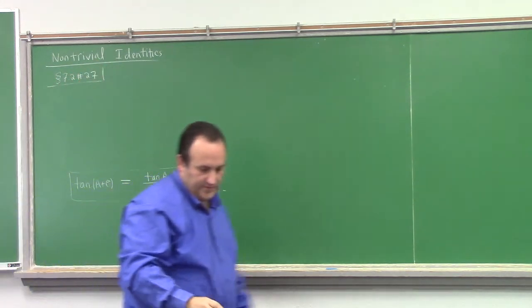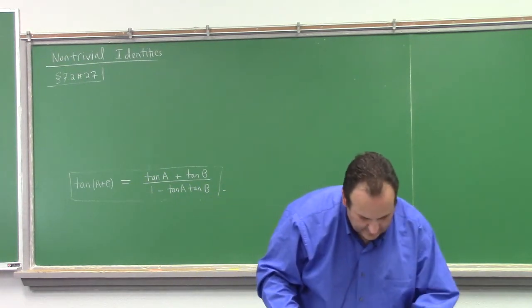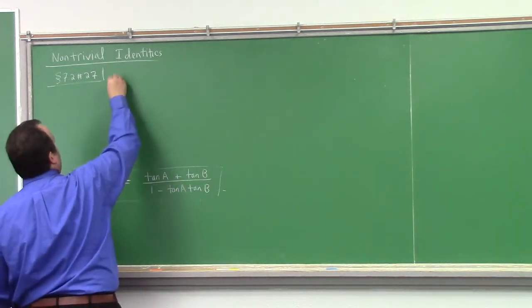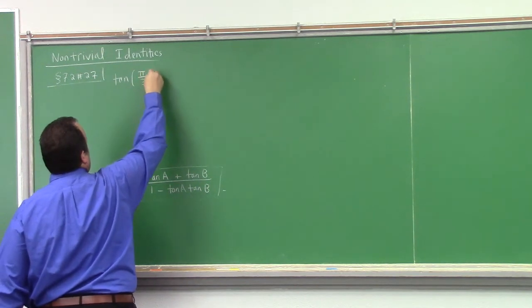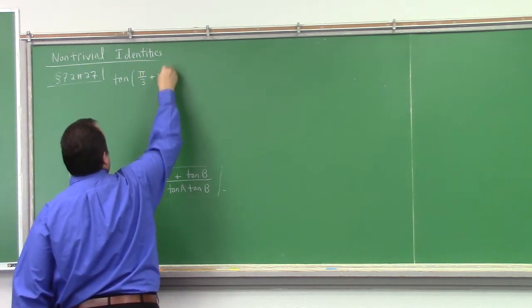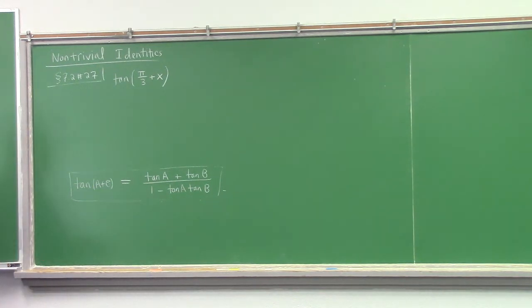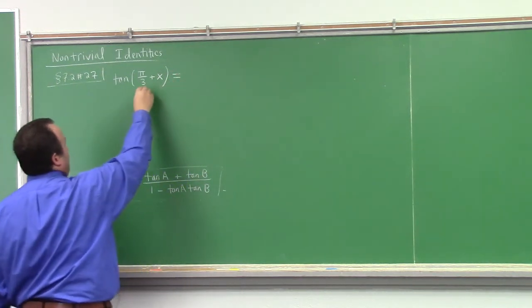All right, section 7.2, number 27. We've got tangent of pi over 3 plus x. I guess I might graph it. It doesn't look too bad, actually, now that I look at it. What I'm about to write, I don't want to graph, I don't think. Okay, so this is A,